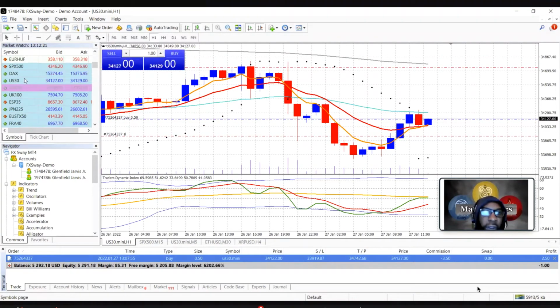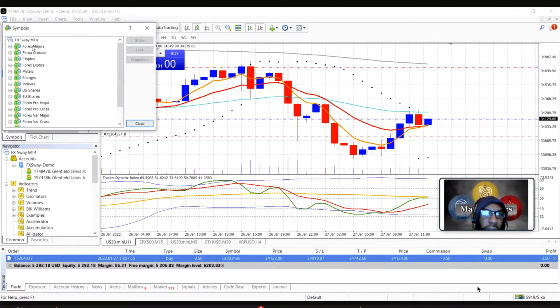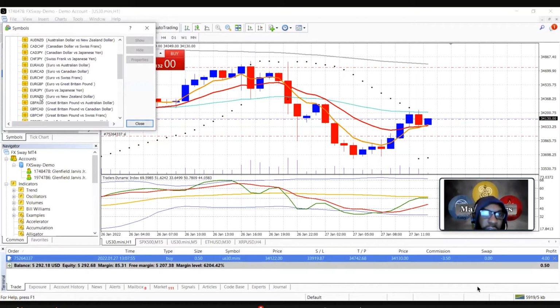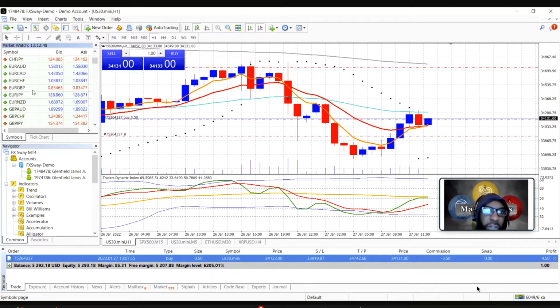Here on the left, you have your symbols. You can right click and go to symbols, and you can add whatever symbols you want. Forex majors are all the USD pairs, then Forex crosses, and you just double click to select or deselect a pair. That's pretty straightforward as well. And then you have cryptos, metals, exotics, whatever you want. You can save, you can open them up, and it'll show up in this list. And you can also